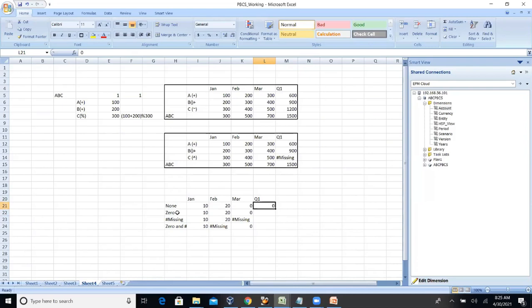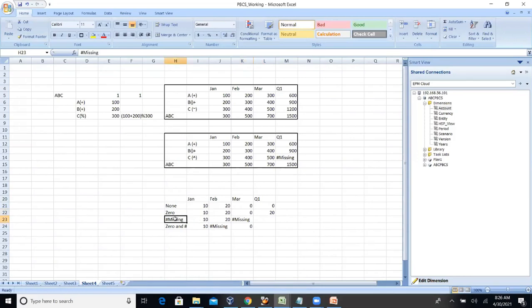If you skip zeros, any zero will be skipped, so the February 20 data comes to the picture for Q1. That is one advantage or disadvantage of skipping zero. Based on our requirement, we'll put skip zero.